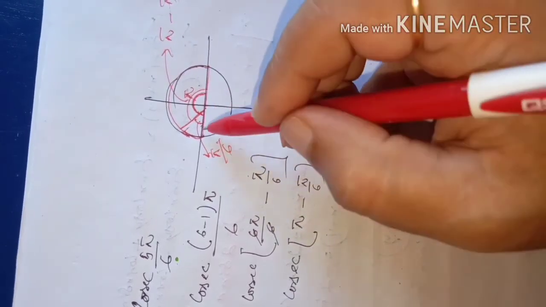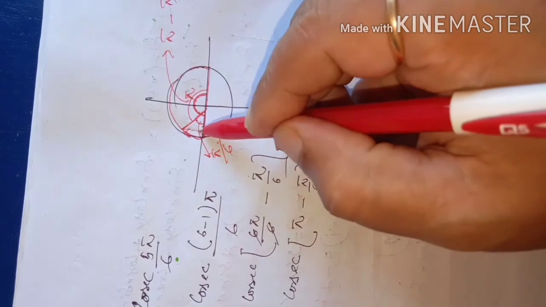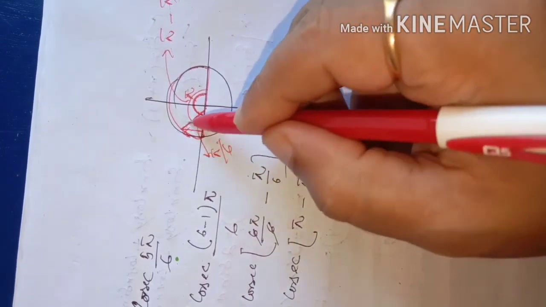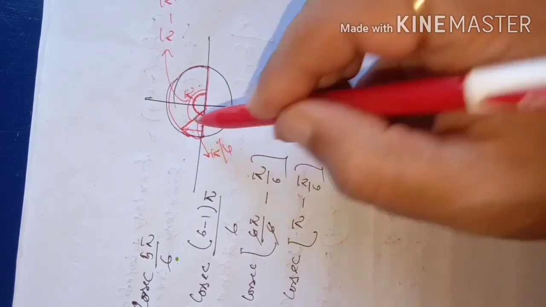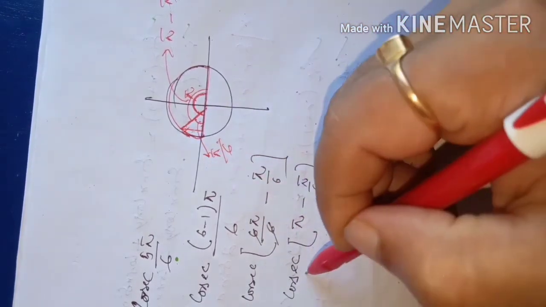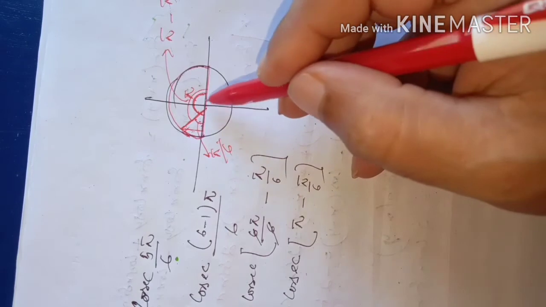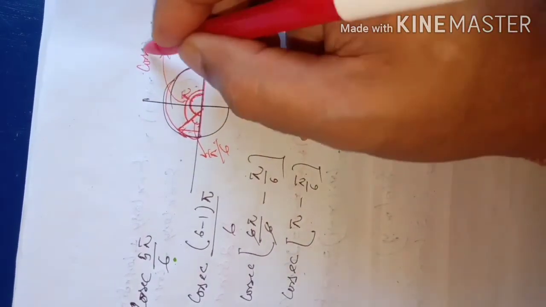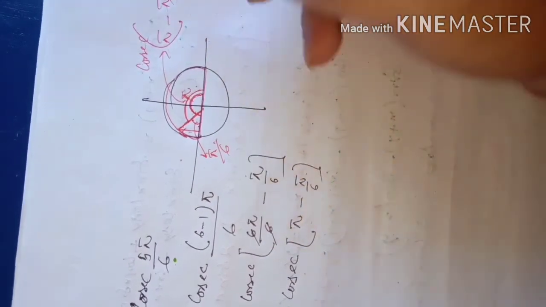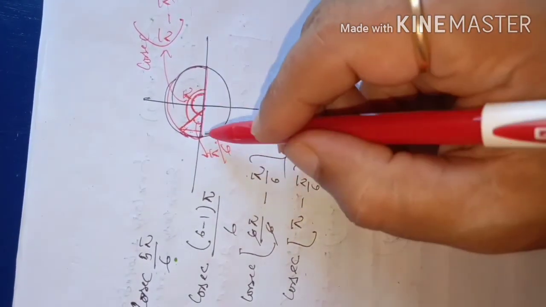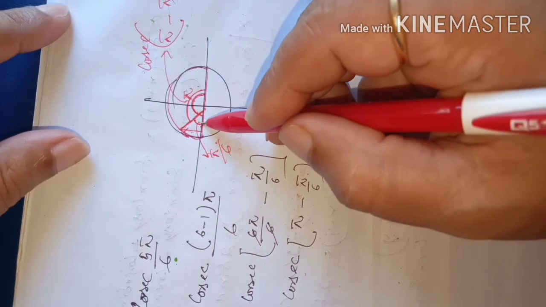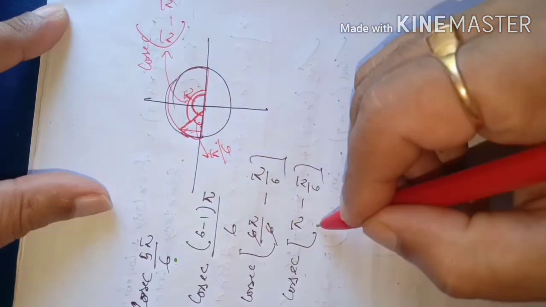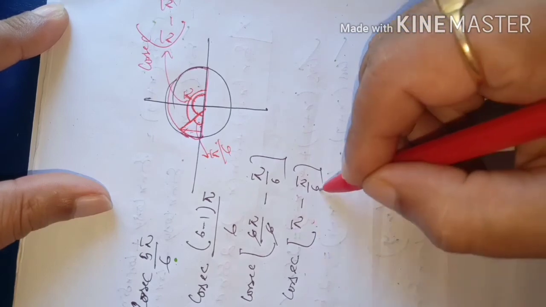Okay. Then whatever will be the value for this pi by 6, the perpendicular and this hypotenuse, their ratio will be the cosec pi minus pi by 6. That means you are talking about cosec value for this angle, cosec pi minus pi by 6. So for cosec pi by 6, what is the value? That will also be the value for pi minus pi by 6.